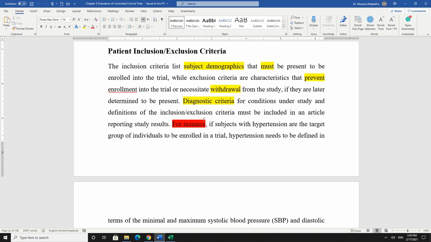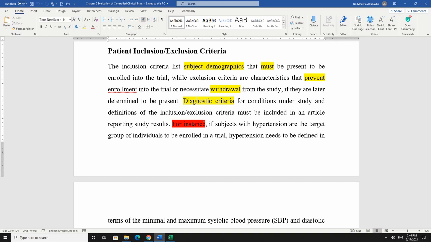Okay, for example, I can say my inclusion criteria is a patient with hypertension, and I specify or describe what I mean by hypertensive, and then having one or more accompanied comorbid diseases, so other diseases along with the hypertension. So I cannot go to the exclusion unless I say if they only have hypertension, then I will not